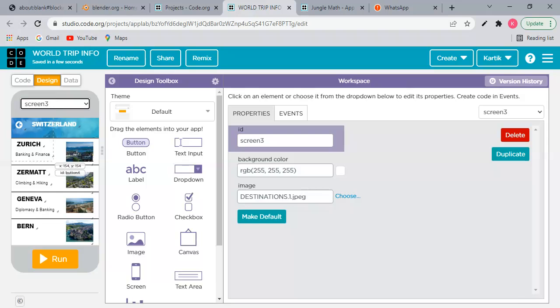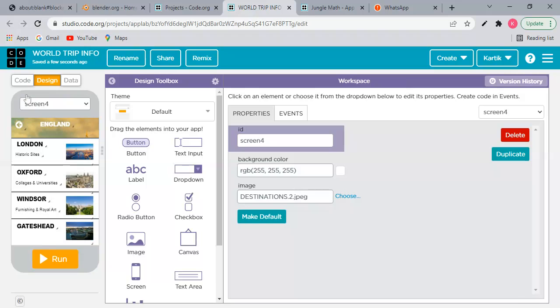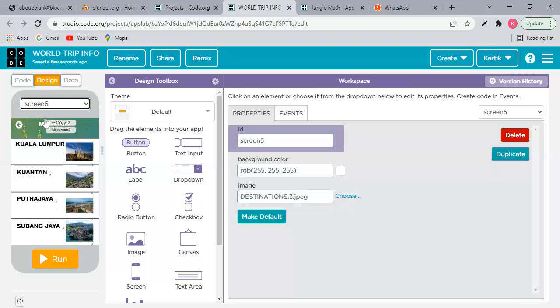Now, same thing for the others also. This screen number 3, 4, this is of England, 5 for Malaysia, and 6th, wait, yes, the 6th one for Scotland. Now, like